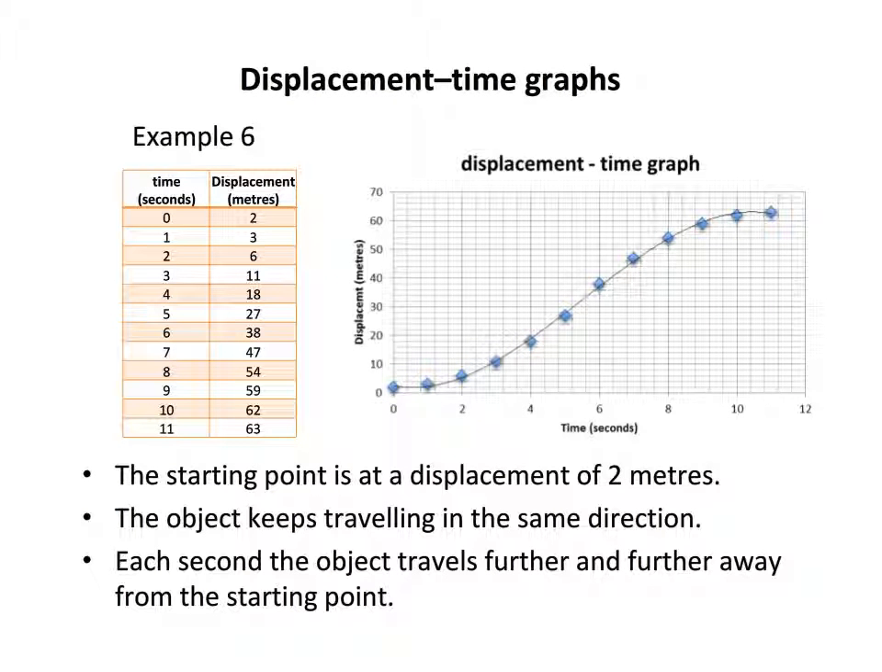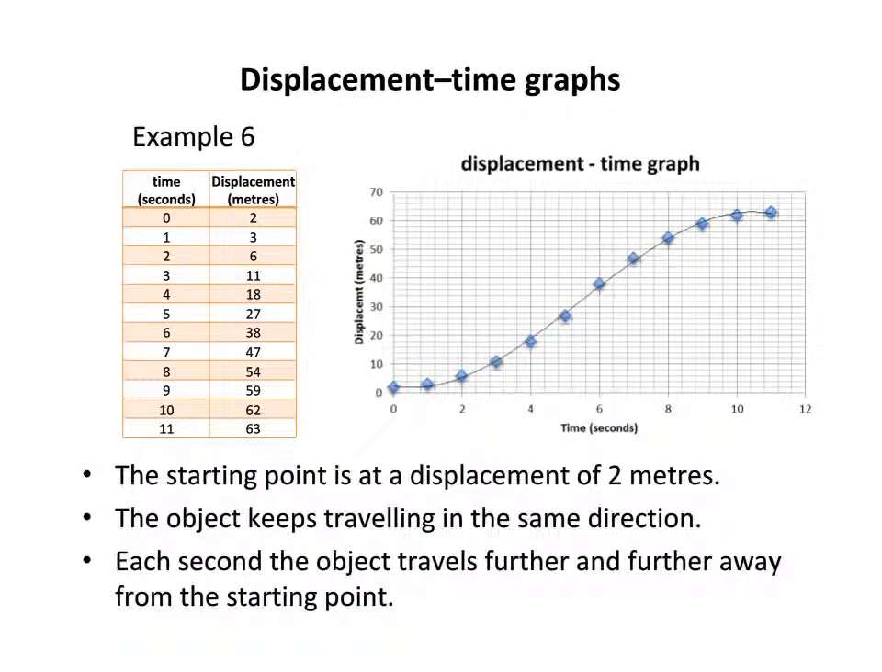Consider the motion of the object in this example. At time 0 the displacement is 2, at 1 second it's 3, and you see that the displacement continues to increase until after 11 seconds the displacement is 63 meters. The object keeps moving in the same direction, and each second the object travels further and further away from the